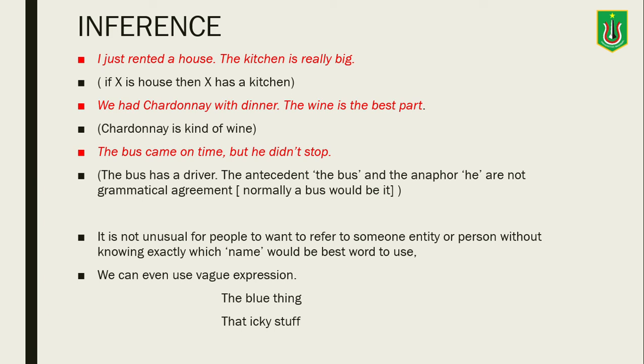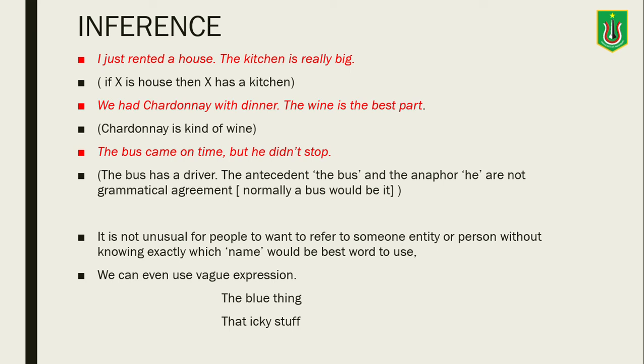"The bus came on time, but he didn't stop." Notice that the antecedent is "bus," and the anaphoric expression is "he." We would normally expect "it" to be used for a bus. Obviously, there is an inference involved here. If someone is talking about a bus in motion, we assume that there is a driver. That assumed driver is inferred for "he." The term inference has been used here to describe what